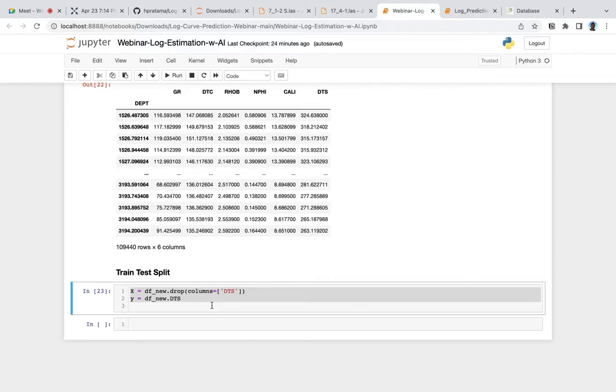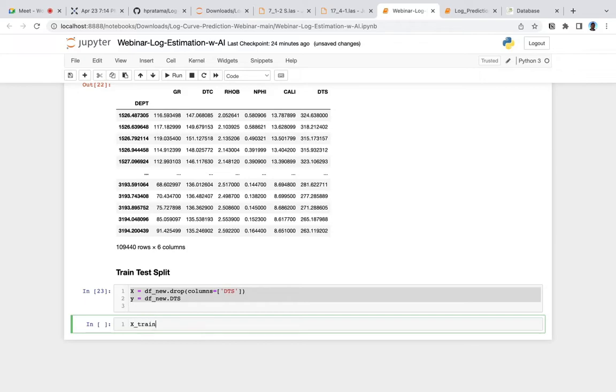So we want to divide our data into train and test data, usually 80% for the train and 20% for the test.